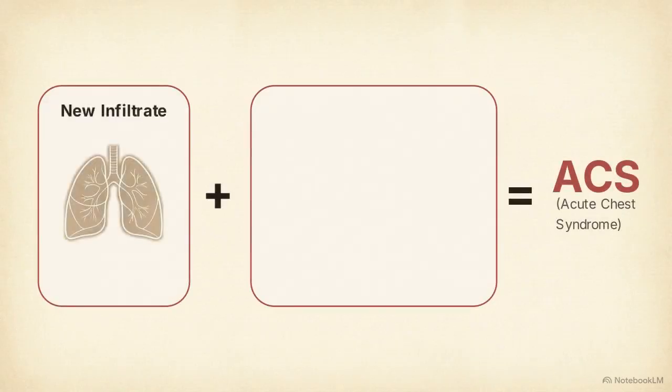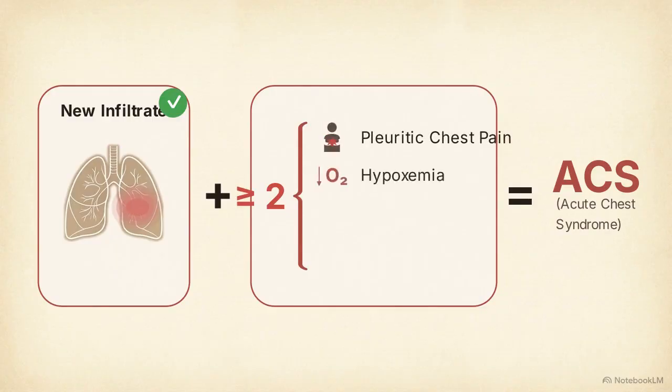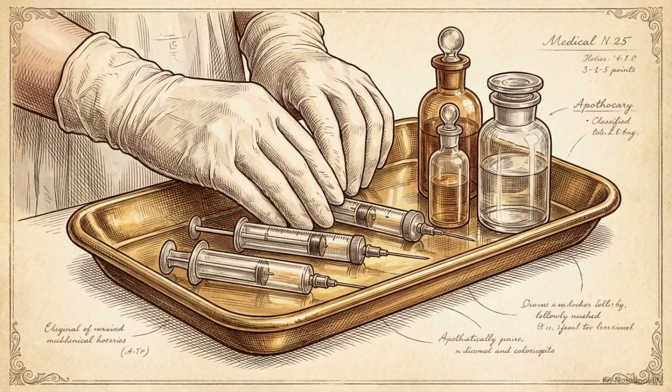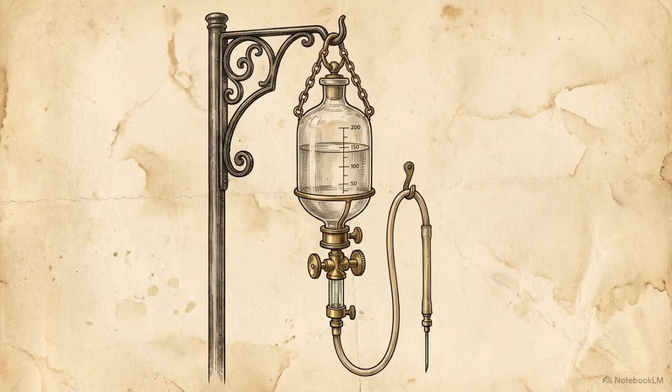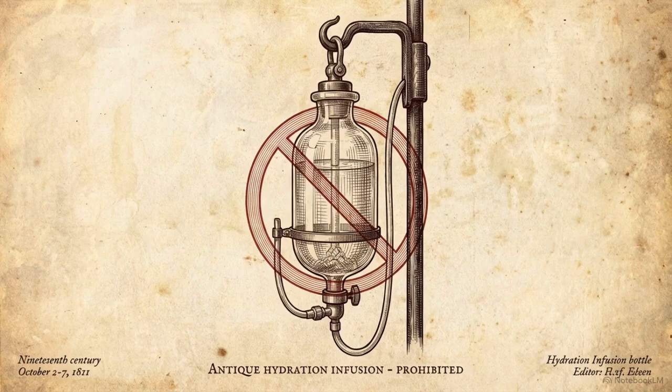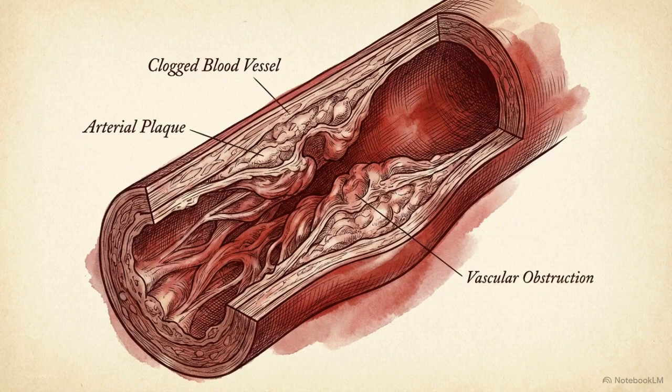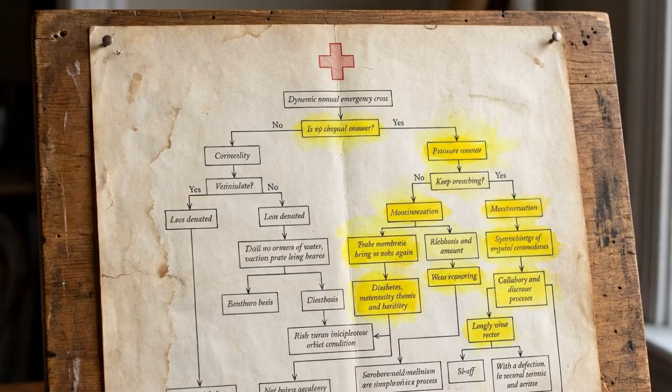Acute chest syndrome is defined by strict diagnostic criteria: a new pulmonary infiltrate on an X-ray, combined with at least two respiratory symptoms: pleuritic chest pain, hypoxemia, tachypnea, or fever. Managing this mechanical blockage requires immediate, targeted intervention. Clinicians deploy broad-spectrum antibiotics to cover atypical pathogens and manage pain aggressively, while specifically avoiding routine IV fluids unless clinically necessary. Stream 1 relies entirely on direct physical obstruction of the vessels, creating localized ischemic emergencies that require rapid, protocol-driven